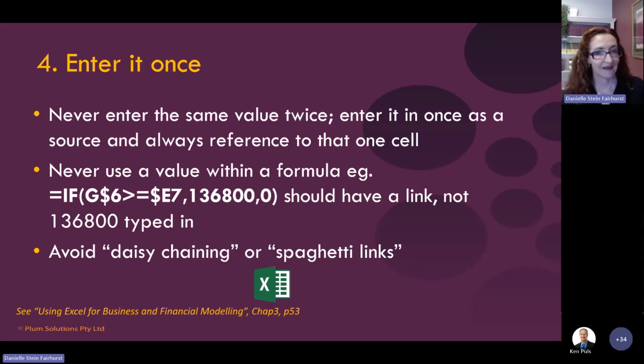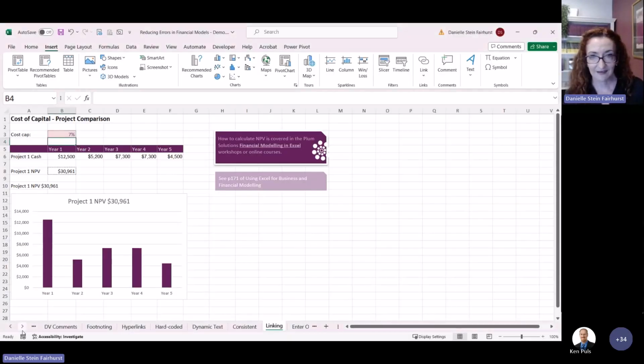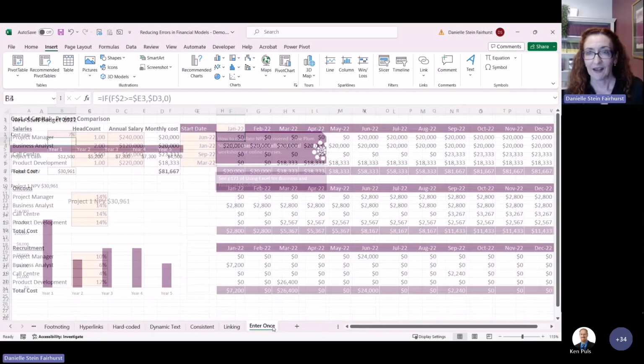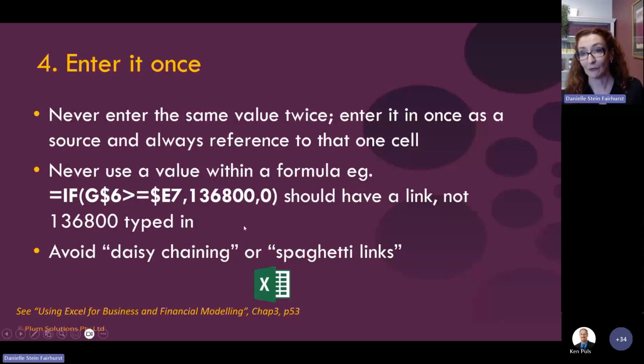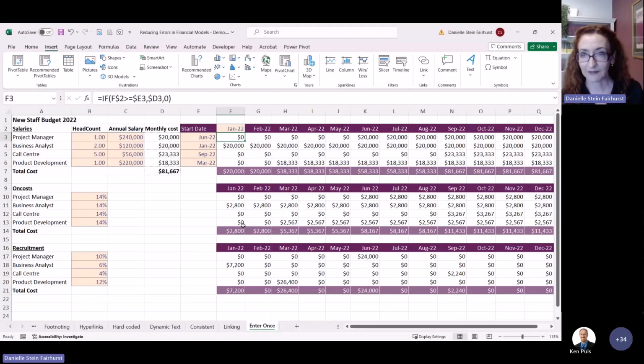And yeah, another one I mentioned was daisy chaining or spaghetti links. What I mean by that is where you link to a link that then links to a link right throughout the model, and that's bad. So here we've got January 22 and everything hangs off that.